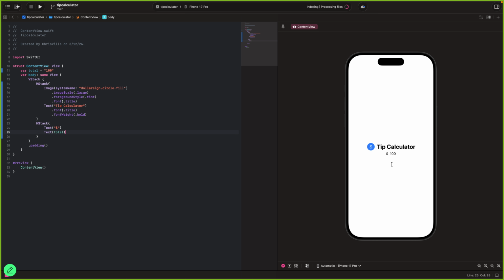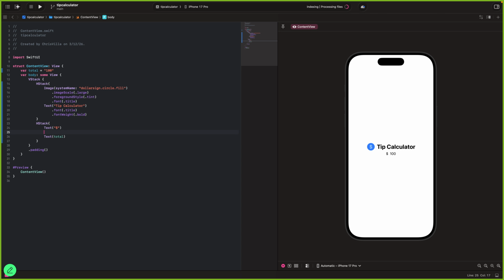Oh, there you go. You can see that even though you wrote text total, it's gonna output 100, because it's the value stored inside of the variable total. Well, this is not enough, right? Because we already know how variables work, but we don't know how the user is gonna input whatever amount they want it to be.